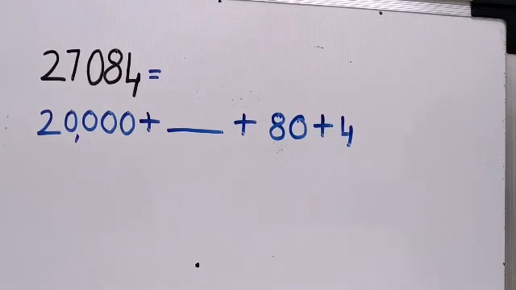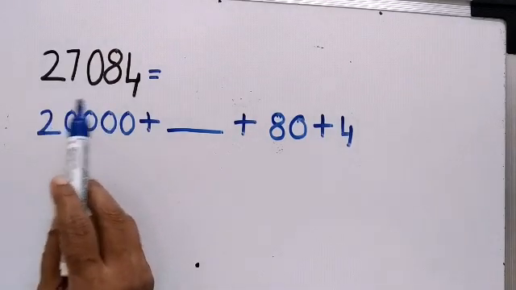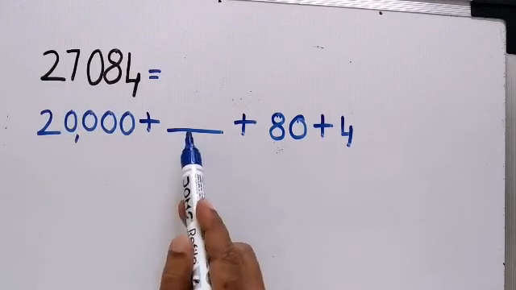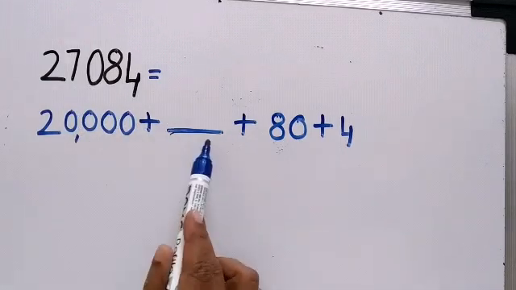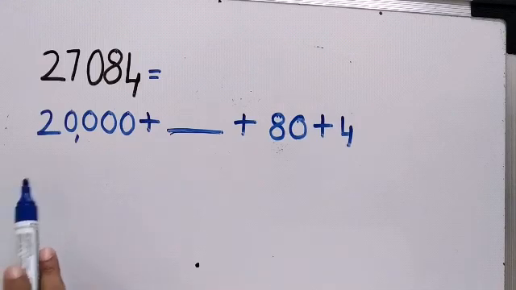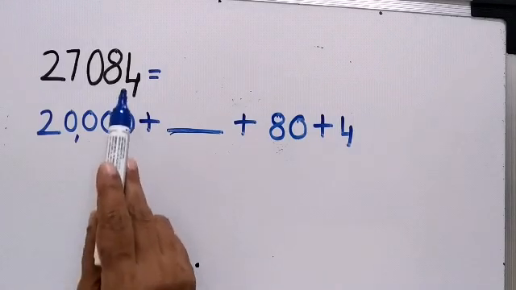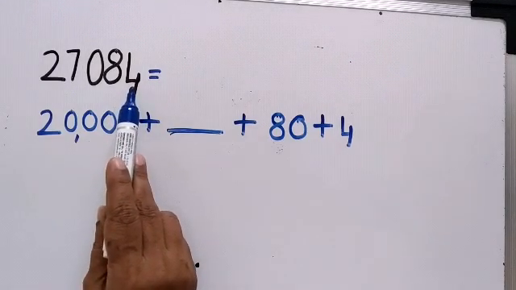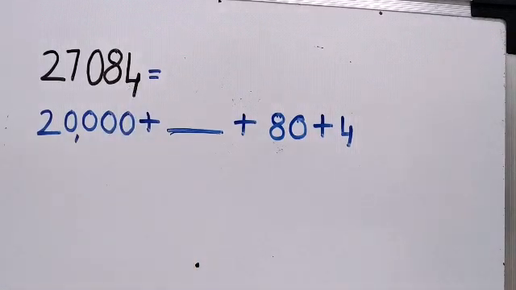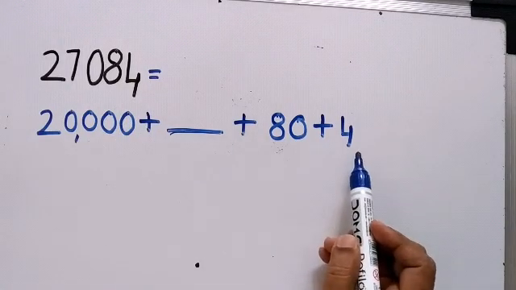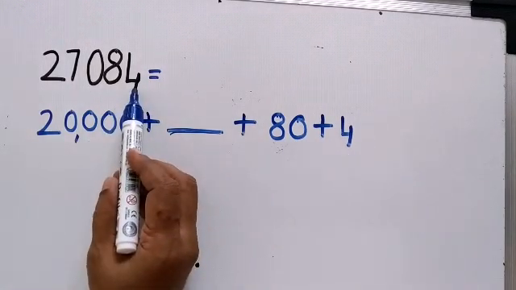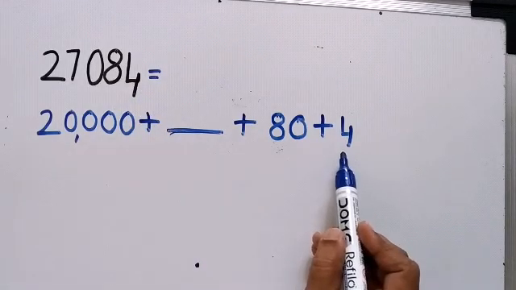Okay, children, now let's move further. We will learn to write the missing number. So this number, we have to fill in this gap over here. We have to write this missing number. Now we all know units, tens, 100, 1,000, 10,000s. Now here, children, this 4 represents 4 into 1. Why? Because it is in the ones place or units place. So 4 into 1 is 4.